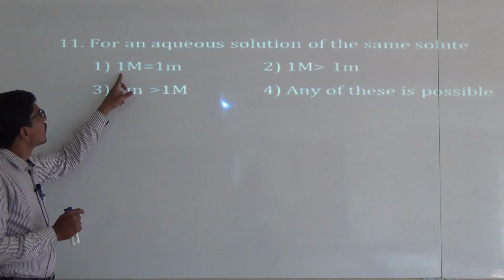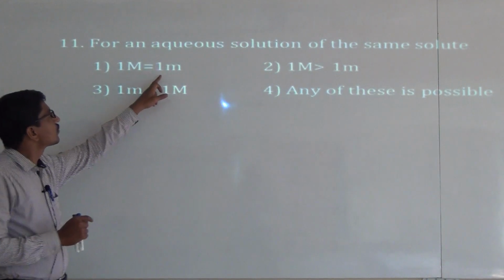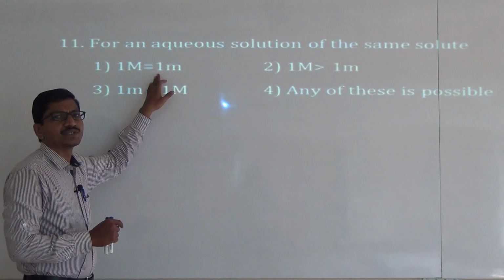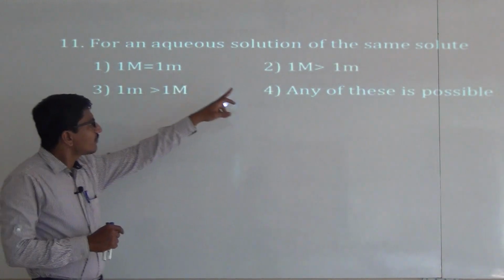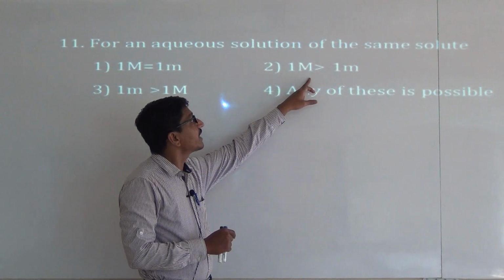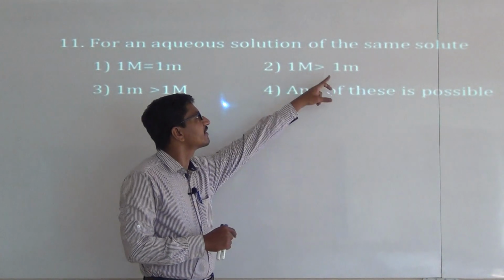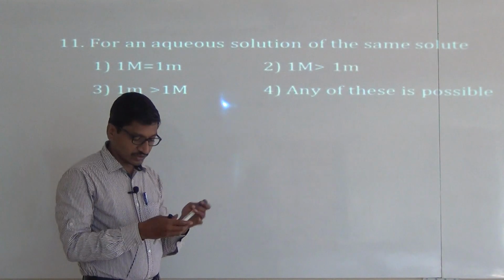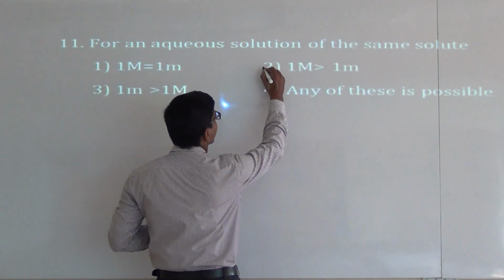First statement, 1 molal concentration is equal to 1 molar. This is wrong. Second one is 1 molar concentration is more concentrated than 1 molal concentration. This statement is the correct statement,